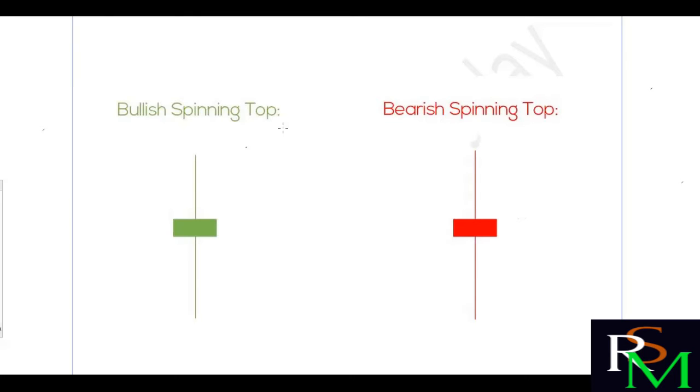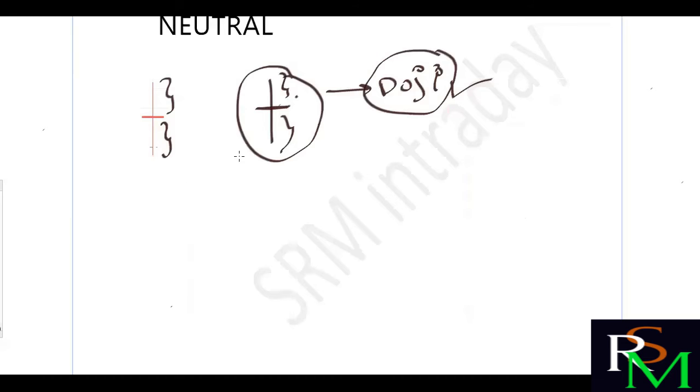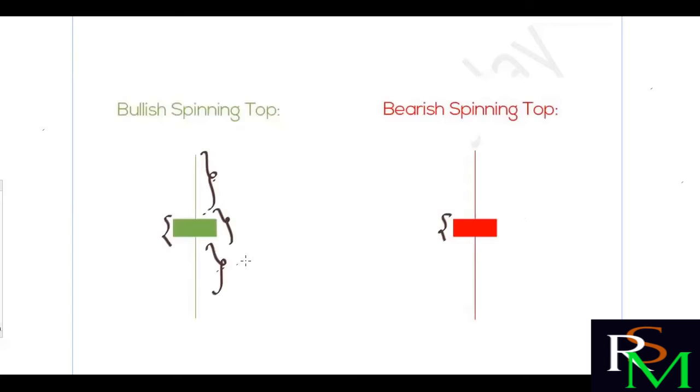This is called a bullish spinning top and a bearish spinning top. Here also the wicks are more or less equal. And here, rather than a single horizontal line, you can find some non-zero body. Here the body should be almost zero. Body zero means it will be a horizontal line. But here there is some body. We can call these candles indecision candles too. If this type of candle is formed, the next candle may be like this, and we can call it an inside candle. There are different patterns we'll discuss later.